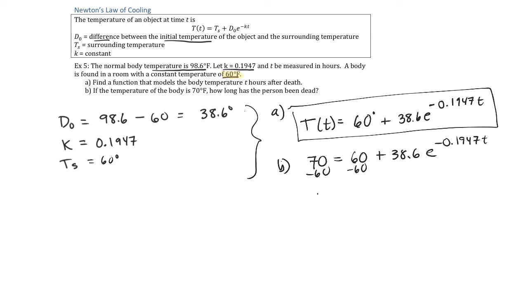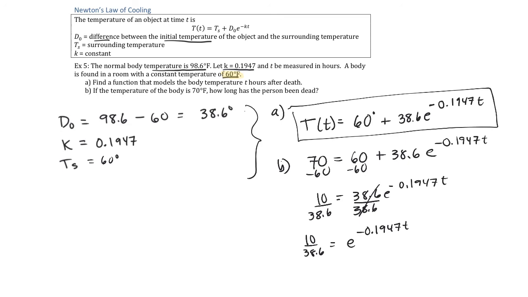We'll subtract 60 from both sides. So that gives us 10 is equal to 38.6 times e to the negative 0.1947 t. And then we can divide both sides by 38.6. And so that gives us that 10 over 38.6 is equal to e to the negative